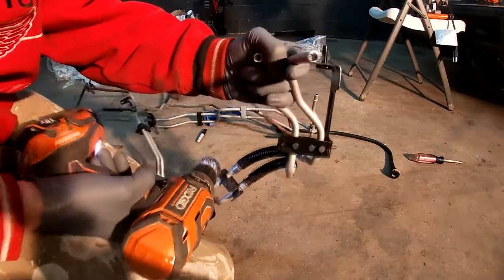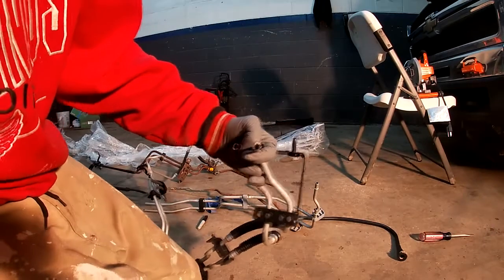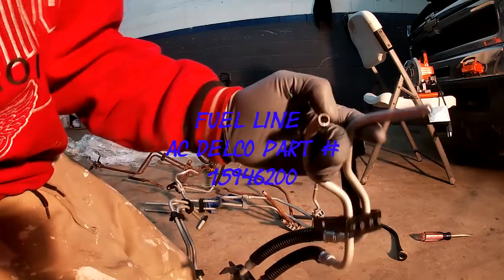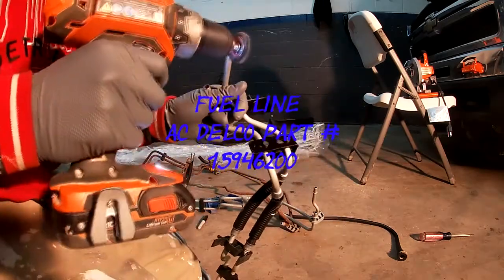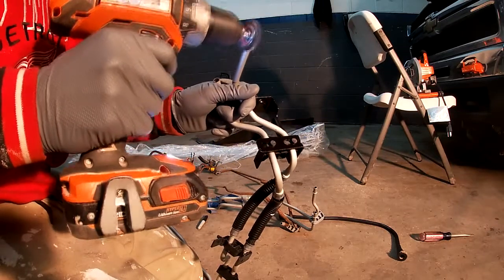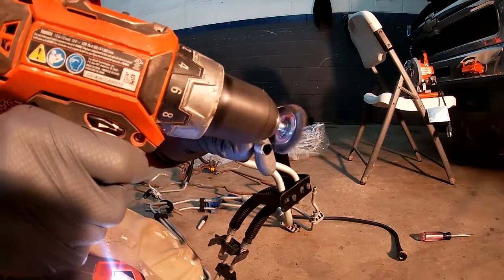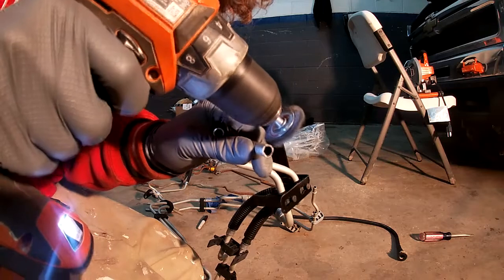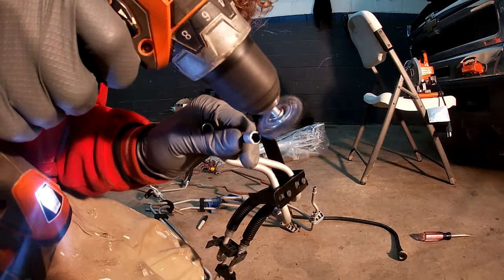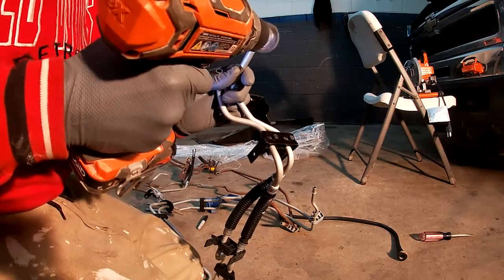Now, as you can see, I just cut it. I'm not sure whether I cut it with a side grinder or a sawzall, but either way, I'm just going to clean it up now with this. And then once this gets cleaned up, I'm going to go ahead and blow it out with air. You can see you got to get each of these little burrs. It's very important for the sake of a good seal, and then for the sake of you don't want any metal shavings coming out later into the fuel line,